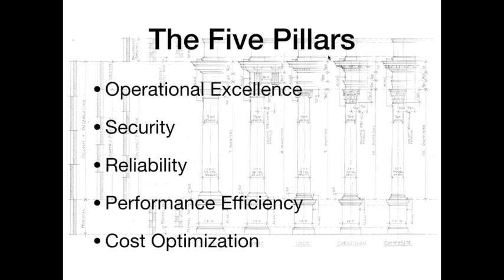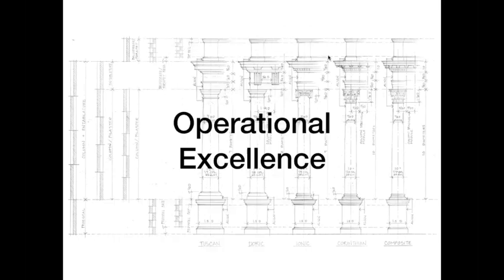Okay, so the actual Well-Architected Framework is based around 5 pillars. They're listed here. Inside each of these pillars is a number of principles. Some of them have 6 principles, some of them have 4 principles, that sort of thing. We're going to focus on one principle on each pillar and just skim over the rest, in terms of expedience. So the first pillar